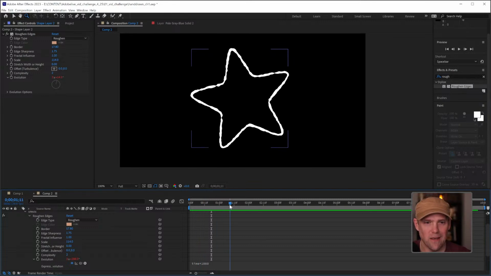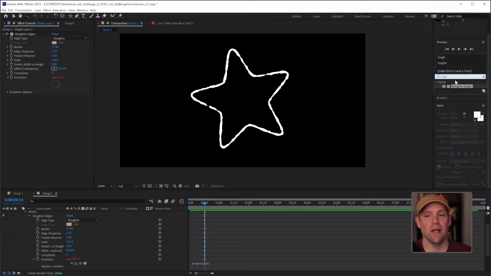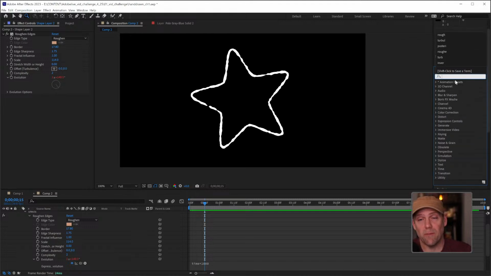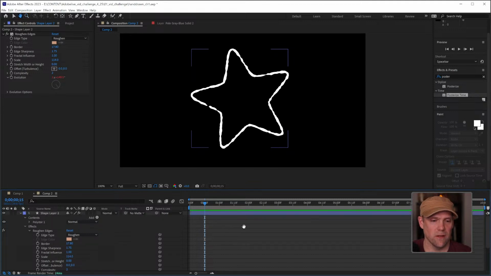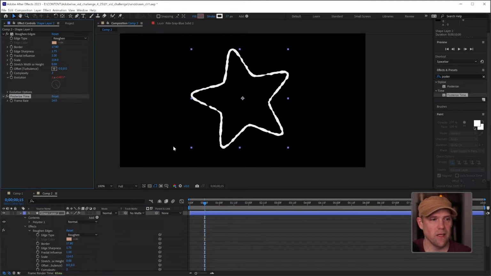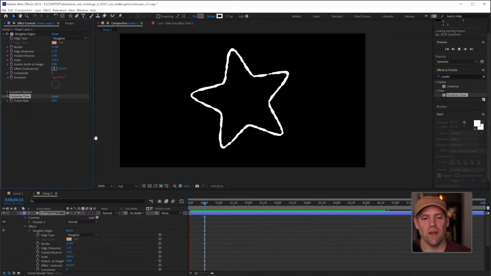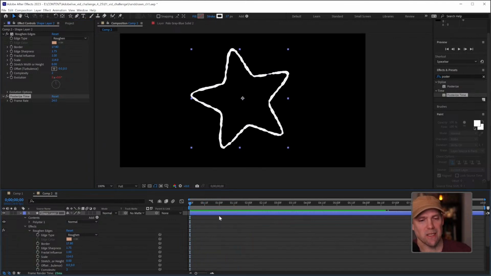What we can also add to make it look like it's adhering to drawing every frame per, well, not per second necessarily, because we're going to use posterized time. And what this does is it changes our frame rate to 24 by default. Now we were already at 29.97, but let's say we're at 24. That's fine. So it's not going to look much different here, but when we think about how animation is animated,